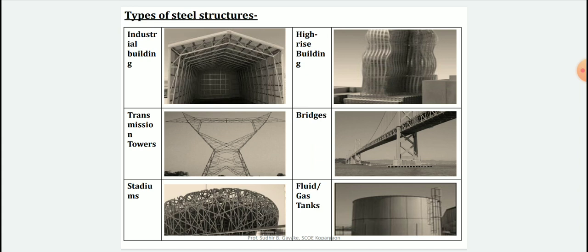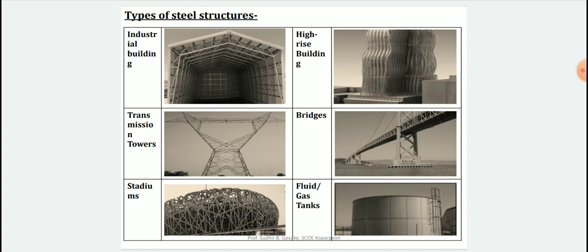So for example, in the very first photograph, industrial building is shown. This industrial building may be a temporary or permanent type of structure where truss components are connected with columns and columns to the base. Certain roofing material is also used, that may be asbestos sheet or it may be steel sheets. Second example is of high-rise building skeleton. Here the frames of high-rise building are usually constructed using steel as a material.